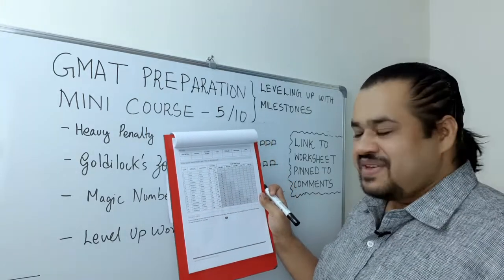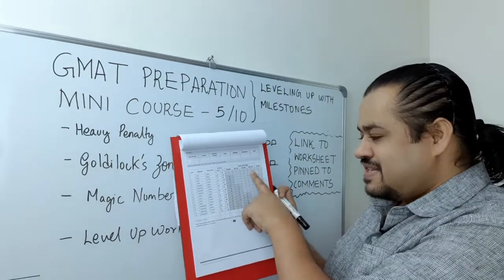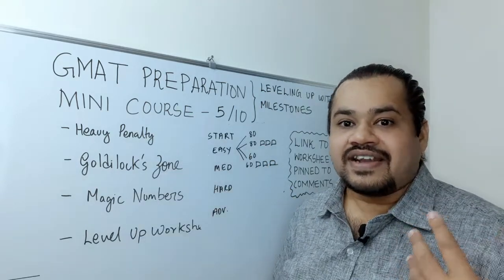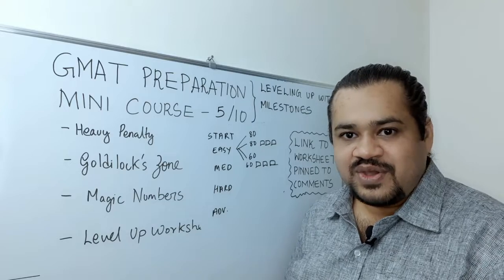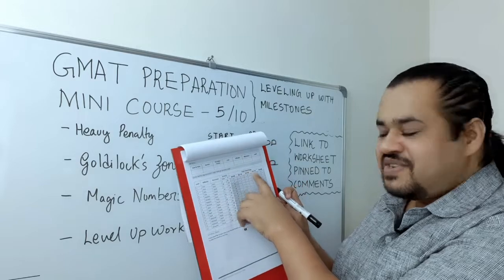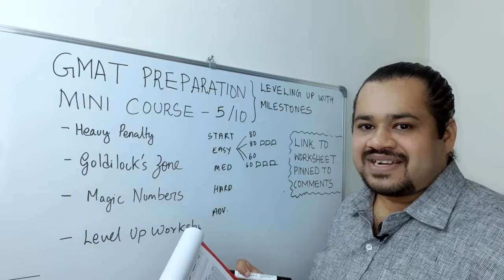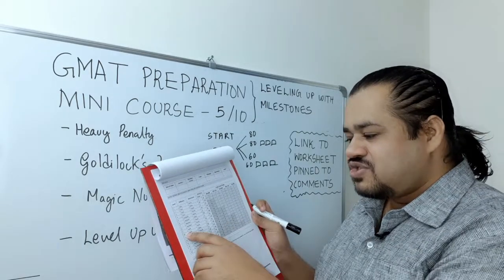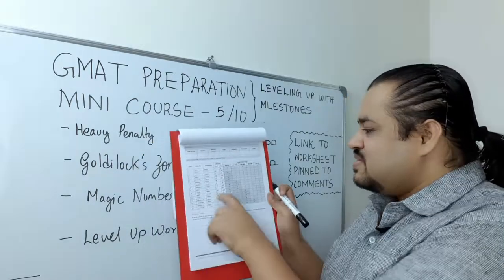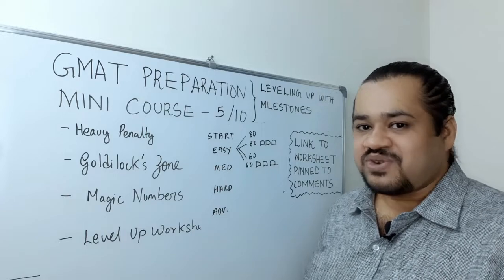At the same time, if you're not aiming for a 730, you're aiming for 640 to 730, then you should be able to maintain 80% accuracy in an untimed session with advanced level questions. Again, if your target score is 550 to 640, then you don't have to go all the way to advanced questions or timed practice sessions with hard questions. You can stop with untimed practice session at hard difficulty level. So this will enable you to decide where exactly you'd like to stop.